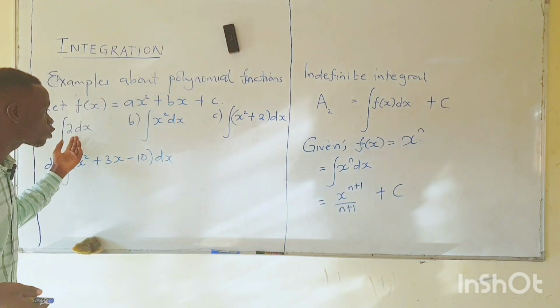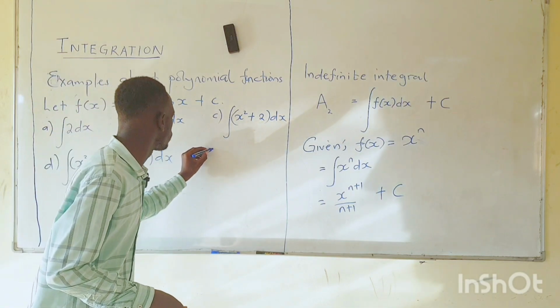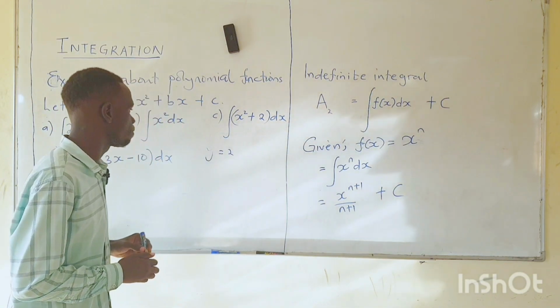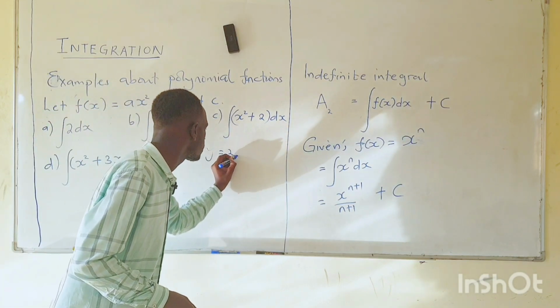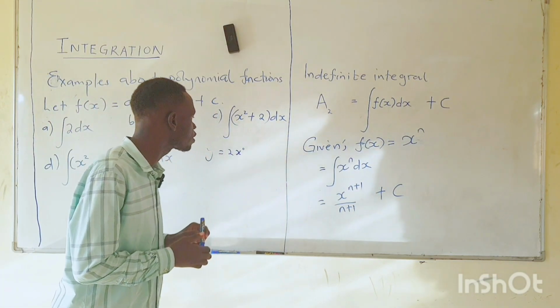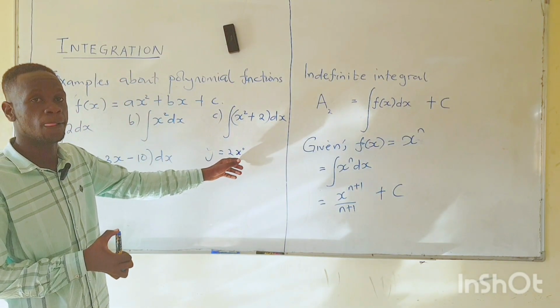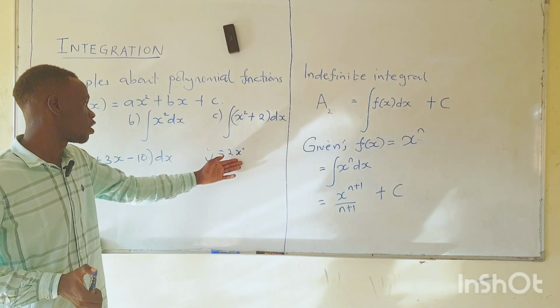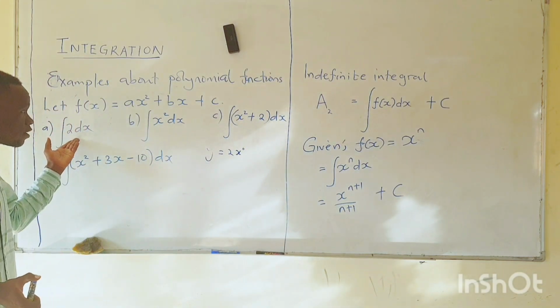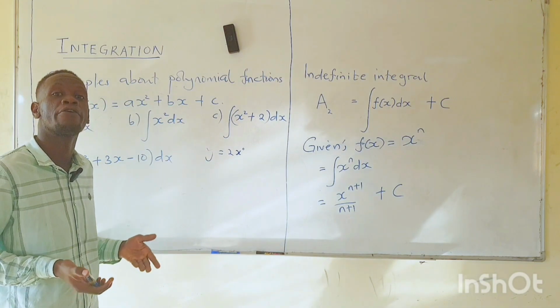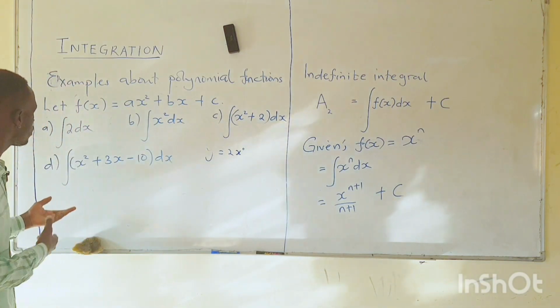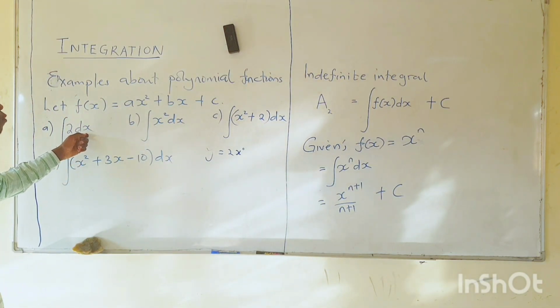Say 2 can be a function of y, but this 2 is defined by x. This is x power 0, and this x power 0 is the one that is varying or changing. So if we are integrating this without putting this, then it loses sense. What is it varying with? So whenever we are integrating, we have to attach